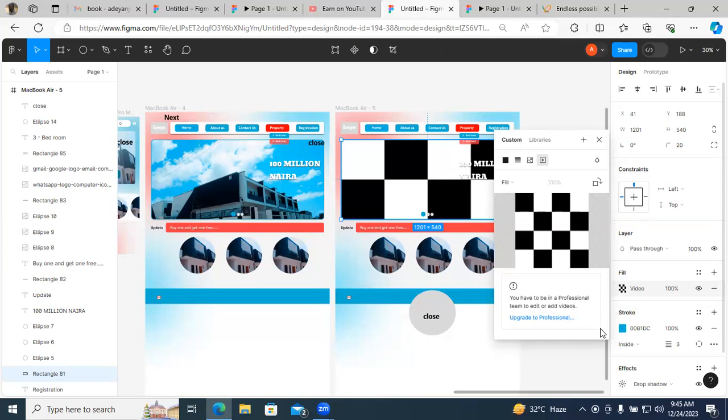It's a special feature. But naturally, if you do not have the full package, you design it, you just put an image, then there's a note for rotation. So the developer, when developing it, knows that to rotate it is just a command line. Rotate 360 automatically, and that image will be rotating at that point. Oh, okay, sir. But if you want to achieve it as a UI person, it's possible, but it has to be a professional account. Exactly. Yes, sir.